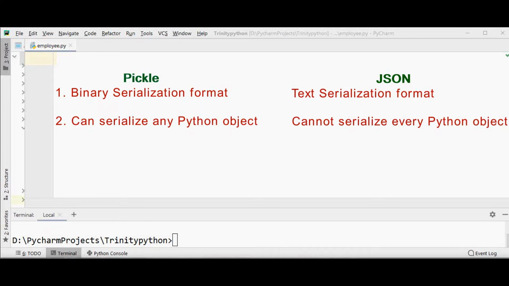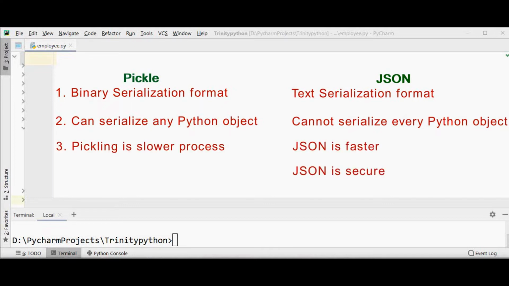Comparatively, JSON is much faster than Pickle, and JSON is also secure, whereas pickling is vulnerable to security threats. It's up to the user to either go for pickling or using a JSON file.